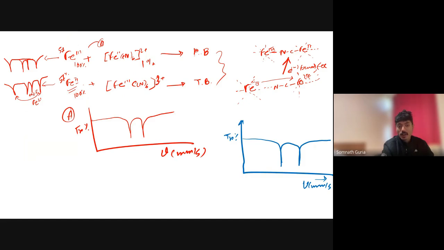by taking off the iron 2. How does it become iron 3? It takes electron, it provides electron to the inner iron 3 system, and the inner iron 3 becomes the iron 2. Okay,